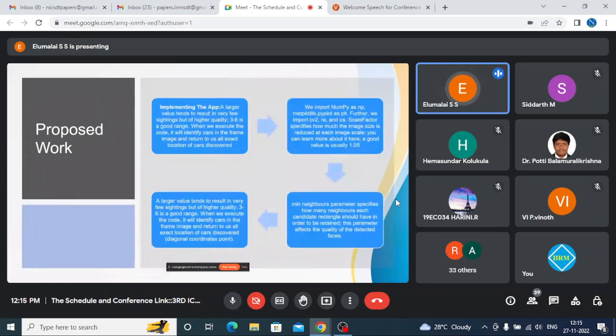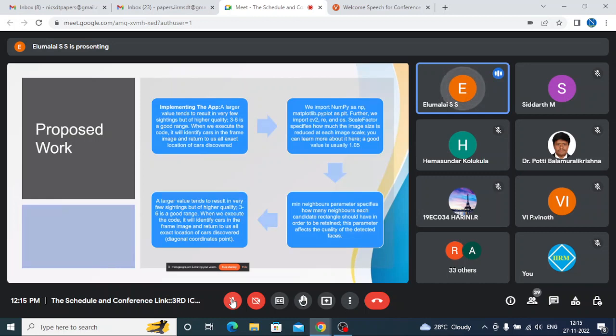In the proposed work, we implemented a large way of citing higher quality images in three good ranges. We are using the libraries NumPy and Matplotlib. Further, we imported CV2 and OS. Scale factor specifies how much the image size is reduced, that is, the image scale. You can learn about the good values, which is usually